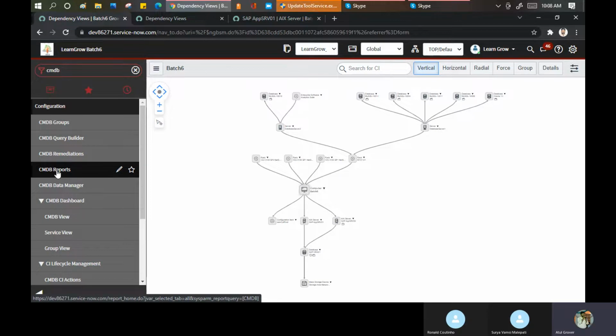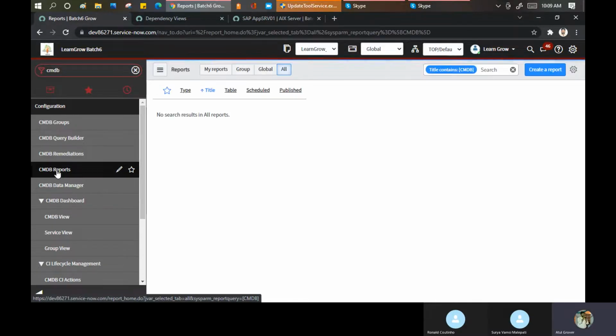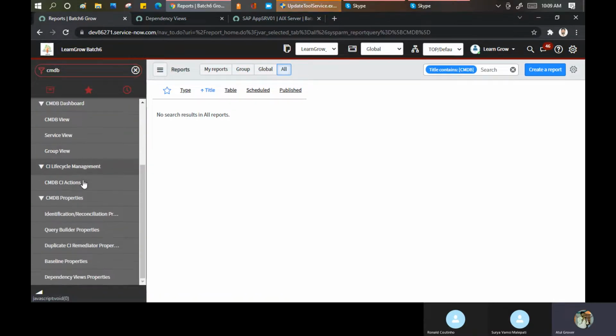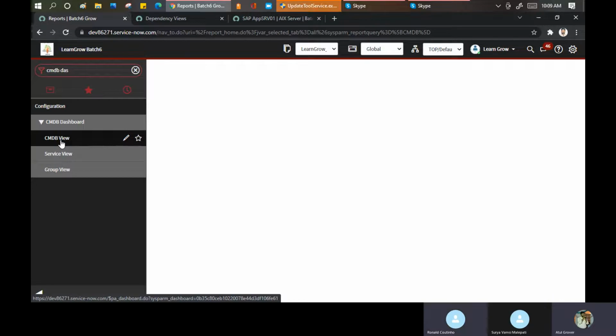There are 3 C's: completeness, correctness, and compliance. If I'm not wrong, complete, correctness, and something like that. Let me see where I can find out whether CMDB dashboards are there or not. So generally accuracy and completeness. Yes, basically, but it indicates the 3 C views actually. Okay, that is also, yeah, compliance is a good one.